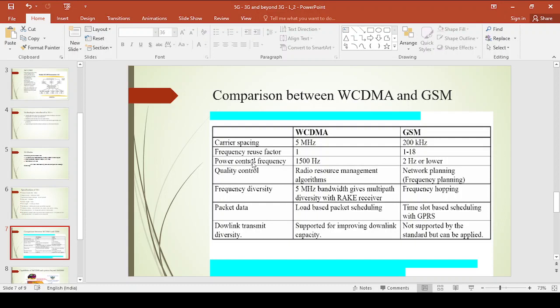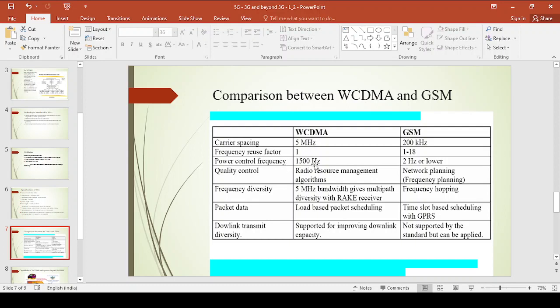The power control frequency is the frequency at which you can minimize the interference due to fading or the presence of other mobile users. It may be for some reasons, but you are getting interference in the cell. In order to avoid that, we use this term, power control frequency,